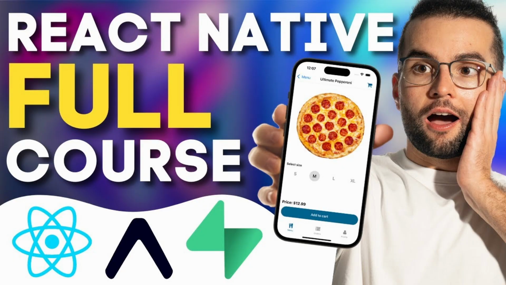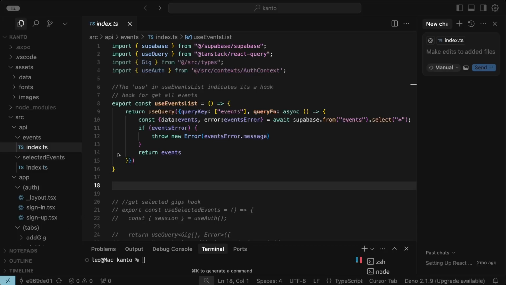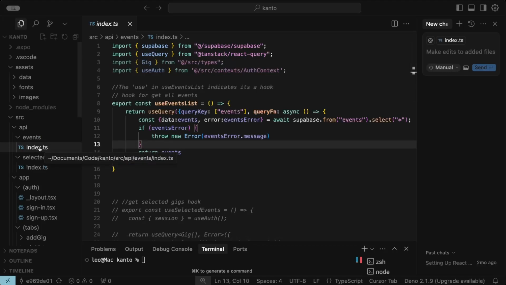But as usual, nothing's entirely smooth sailing, and I ran into a bit of a pickle. So the tutorial that I'm following creates a custom hook to make an API call and returns results, and uses this hook directly in components that display the data. I tried replicating this by building a selected gigs hook and putting in my gig context, but it all just got a bit messy and it didn't work properly. So eventually I managed to get it working